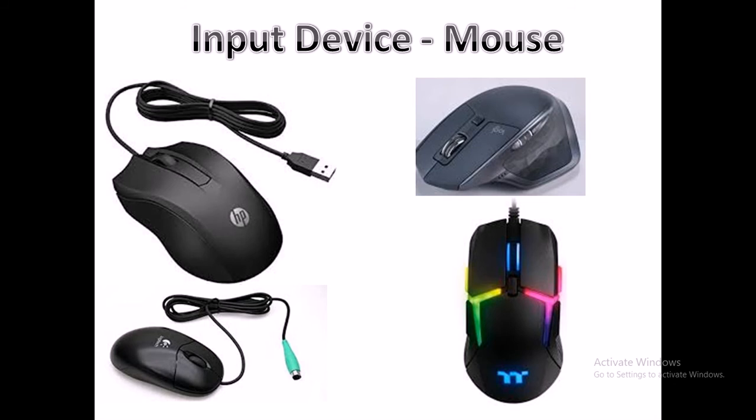When we move the mouse, the movement of the ball inside the mouse locates you on your text, and the data or command is sent to the CPU through the cable. The mouse then shows where you are currently working on the screen, or it points to a location on the screen. So we can say that the mouse is known as a pointing device. That is also an input device.